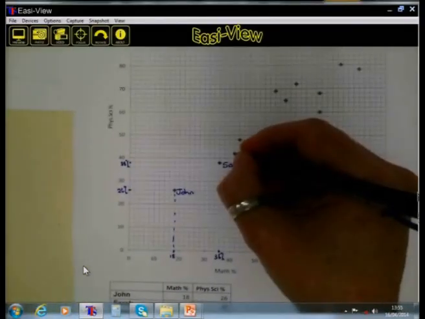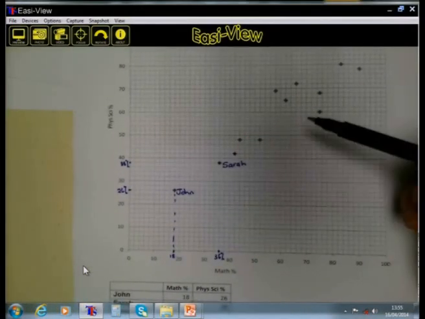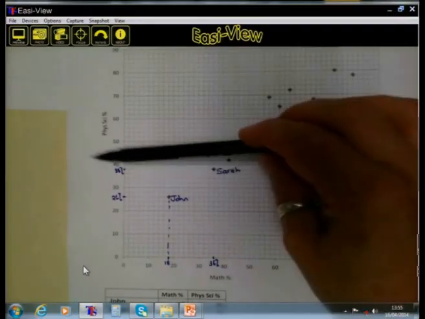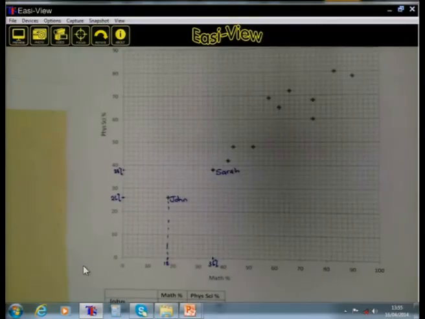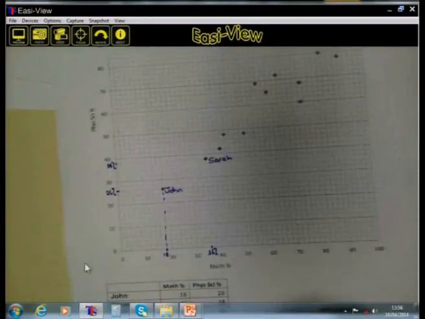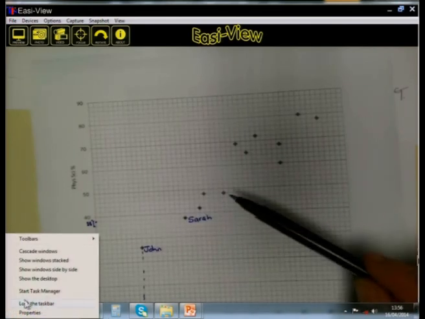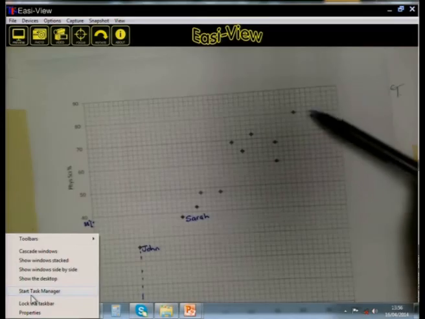And so each one of these learners in the class can be represented by a dot, where for every one of these dots we can read off a mark for math and we can read off a mark for physical science. You will see here are 1, 2, 3, 4, 5, 6, 7, 8, 9, 10, 11, 12 learners in this data set. And these 12 learners are represented then by 12 dots on the scatter plot.